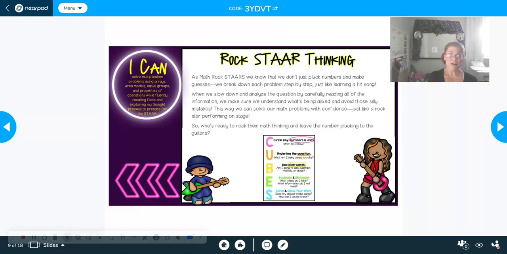Now, with that CUBE strategy, is it going to help a student who has math anxiety, or who is just not strong in math, or who even has a math learning disability? I mean, it won't hurt them, no, but it's not necessarily going to help them either. I say, and please, I hope you do not misunderstand me, I say this with a lot of